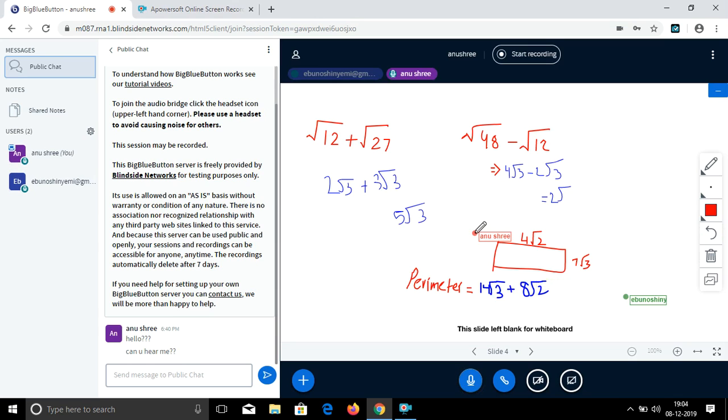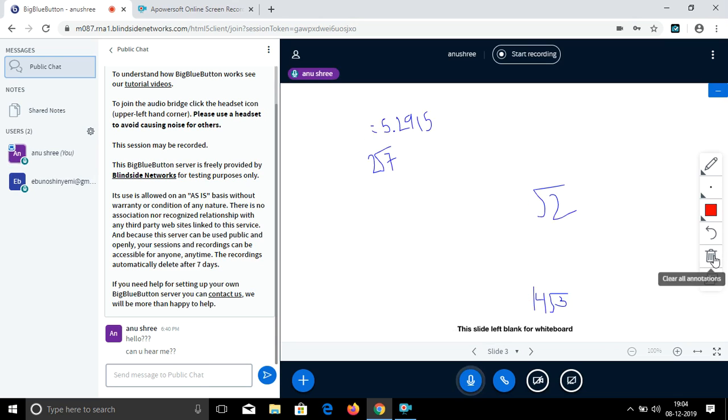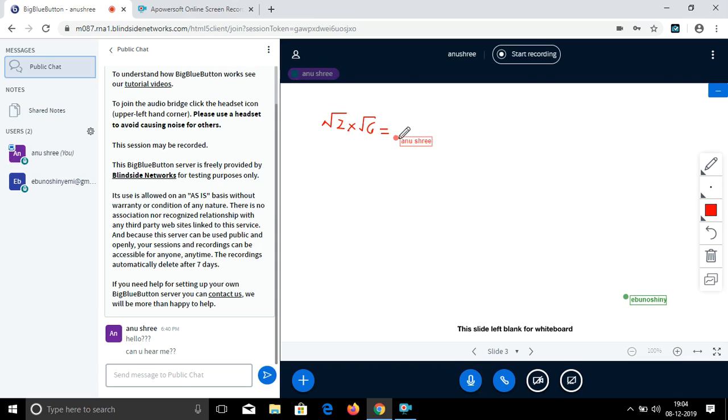Yes, good, that's good. Okay. Now the next is multiplying and dividing the surds. So multiplying is like, suppose it's given as root 2 multiplied by root 6. So I've told you the 3 rules. You can do this and write the numbers inside this whole root, which is 2 into 6. So you get ultimately root 12,